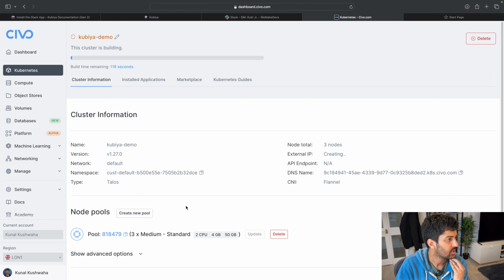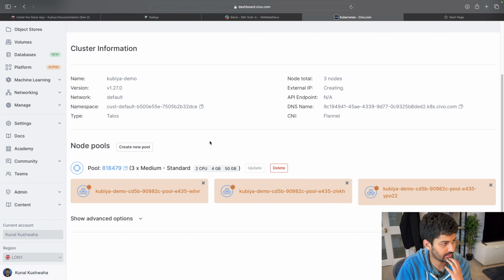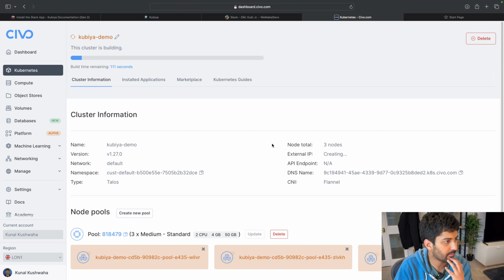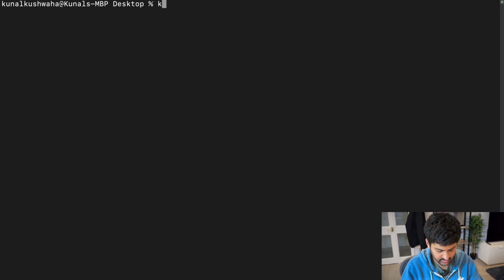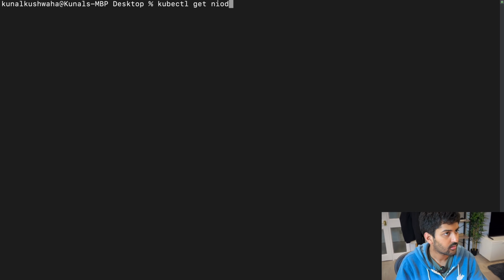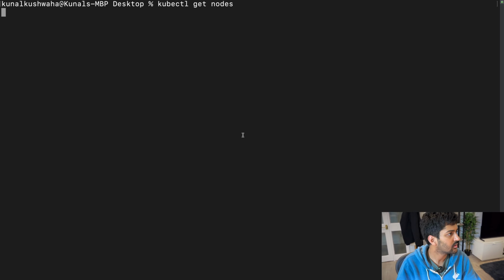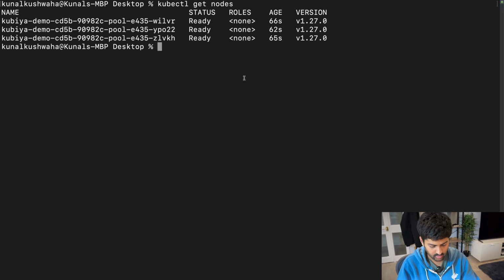Cool. That's going to take on average less than 90 seconds, and you can see these are spinning up, and yeah, that's it. Okay, so I see my cluster is running. All good. Nice.